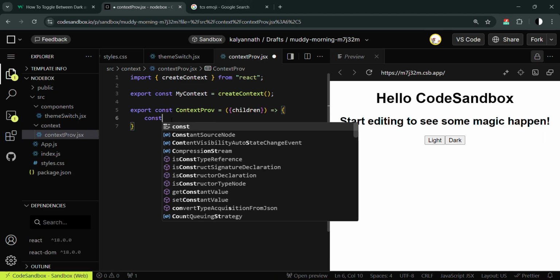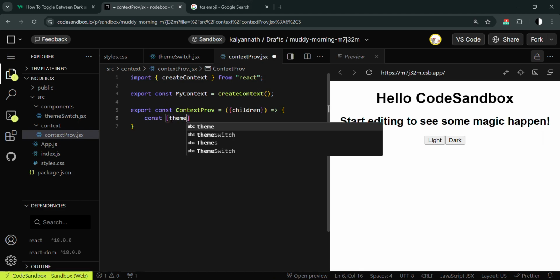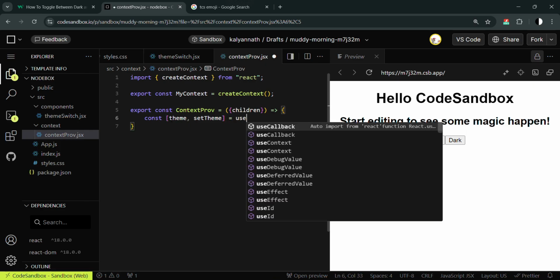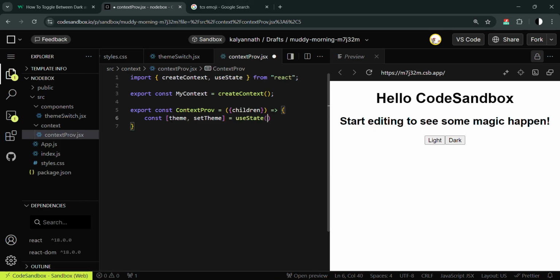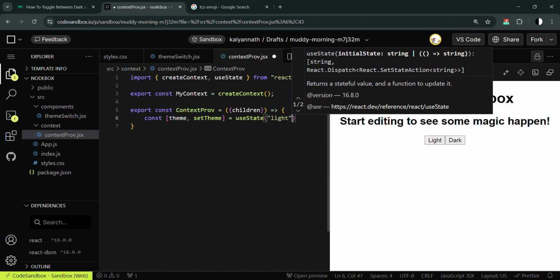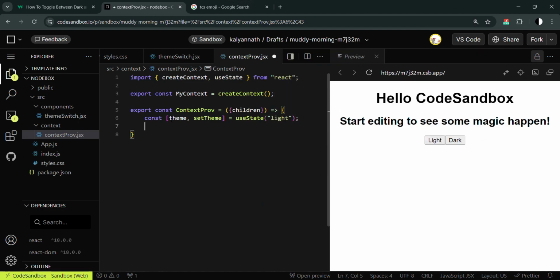So here I'm gonna take one state variable called theme, setTheme, useState. By default I'm gonna keep light, and return